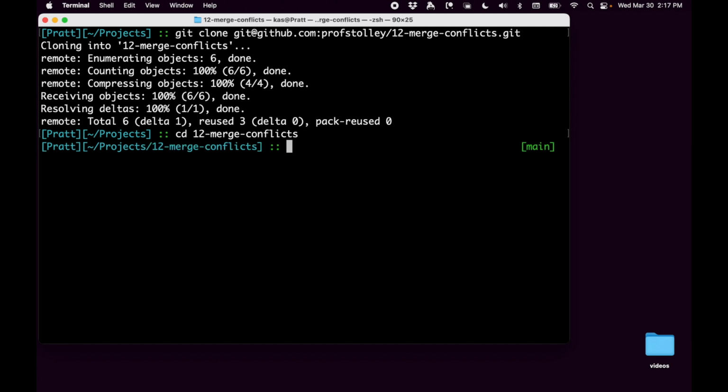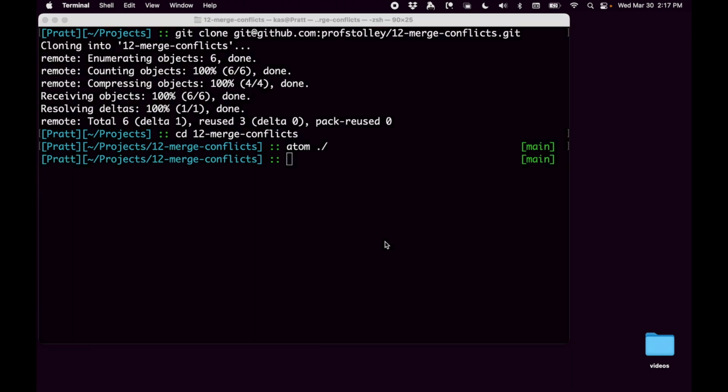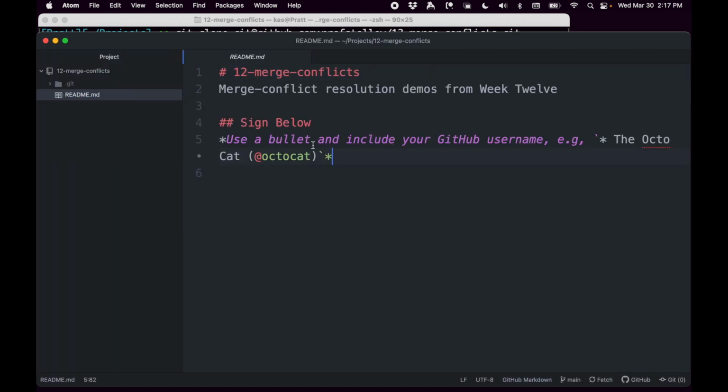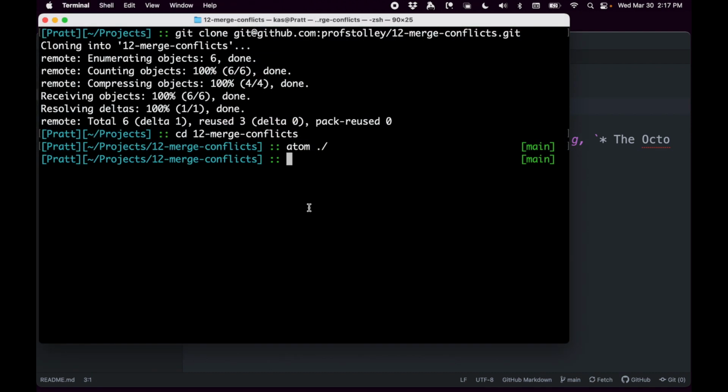Now, I promised to teach 3 different kinds of merge conflicts that happen. So let me do that right now. The first one is where we have 2 different branches locally within a repository where a conflict arises. Okay. Right, so I see this, and I'm like, okay, that's cool. And it's like, well, really I'd like to add some instructions to the group. So I might open up a local branch here